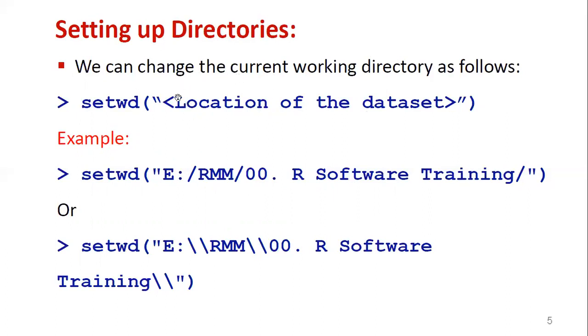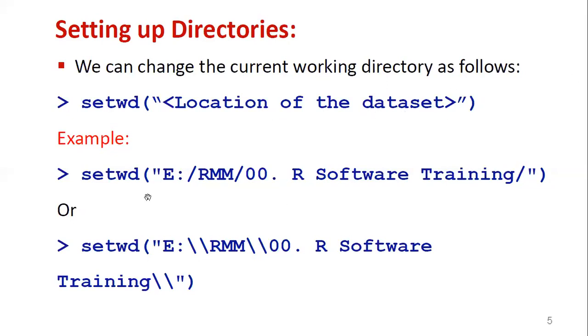There you can see one path is identified by prefixing path C:/ documents / something. That path you need to enter here, where your file is located. You do not need to mention the file name. Simply give the path where the file is located. Suppose the file is located in documents or in downloads or in C drive or E drive. That path you can provide here, the location of the data set.